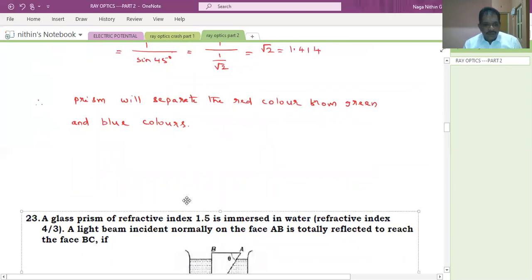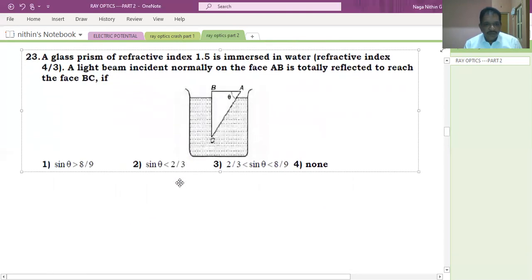Okay, see the next question. Prism of refractive index 1.5 is immersed in water. A beam of light is incident normally on the face AB, is totally reflected to reach the face BC if,